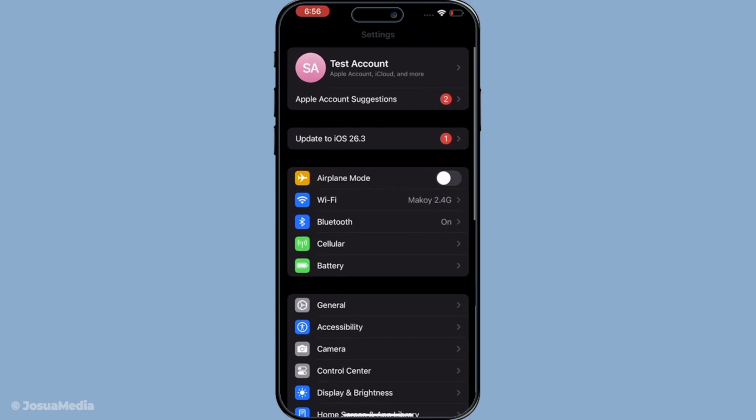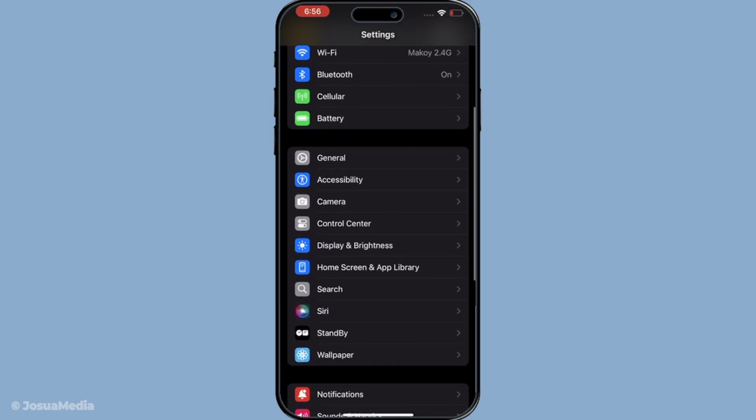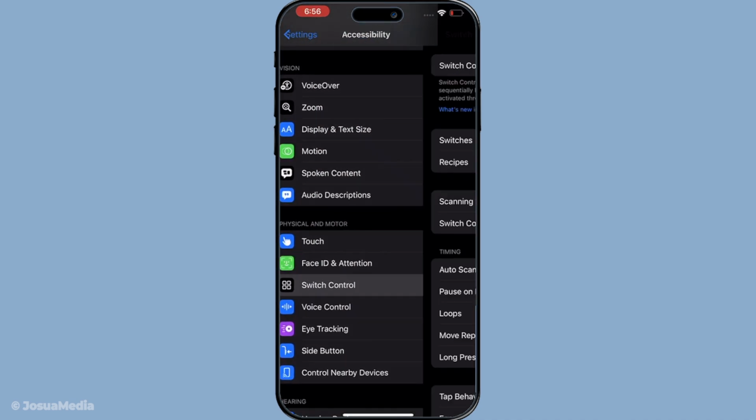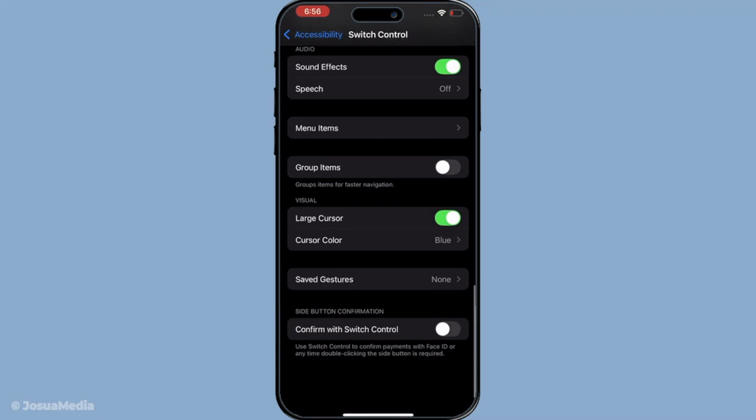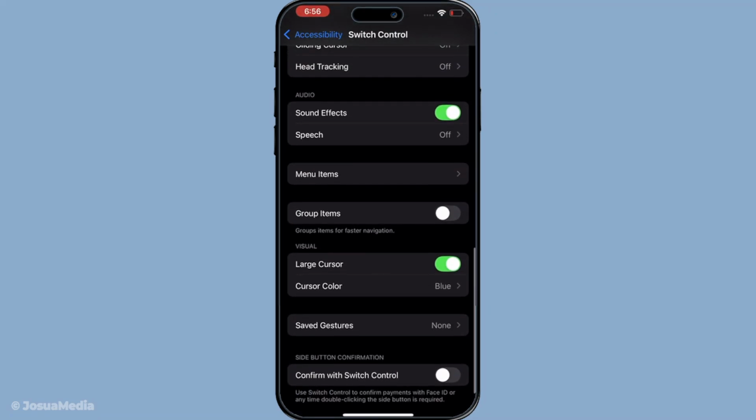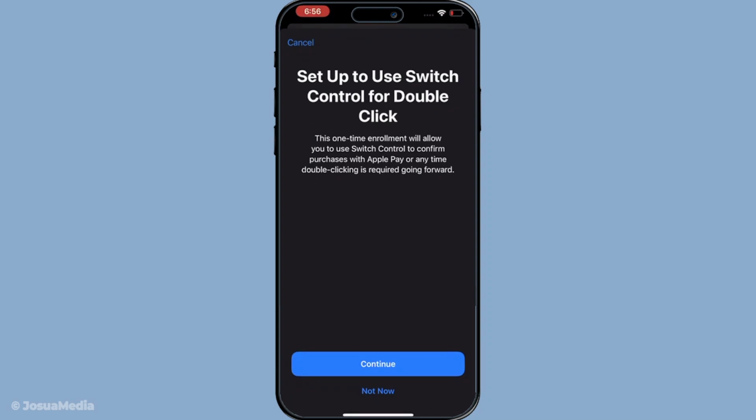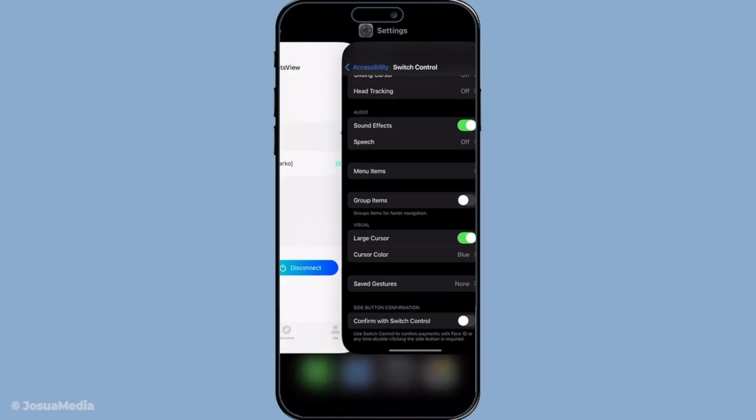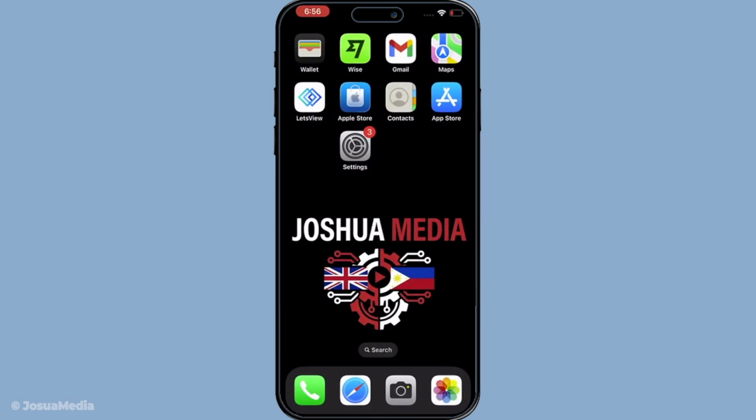And that's really the entire process. Anytime you want to revisit it, just open settings, go into accessibility, tap switch control, scroll down, and toggle confirm with switch control on or off. And that's all there is to it. So you've now seen how to turn on confirm with switch control on your iPhone, and once you've gone through it once, it becomes quick and easy to return and adjust whenever